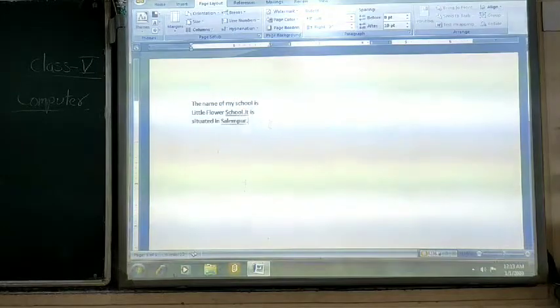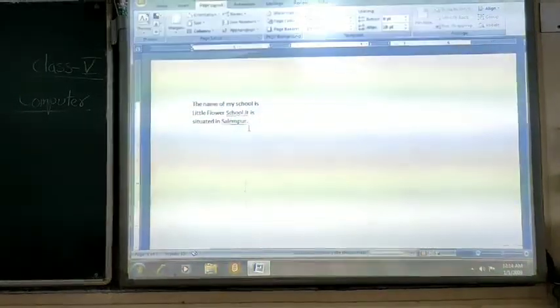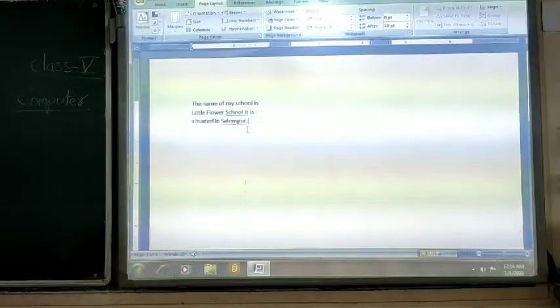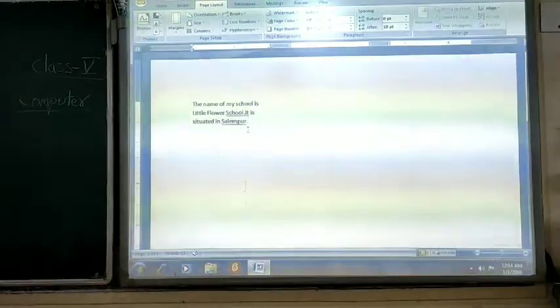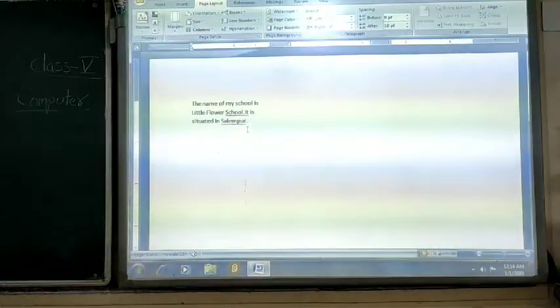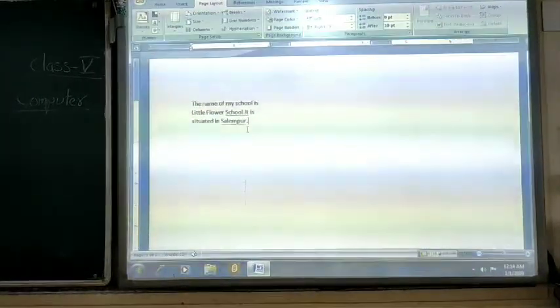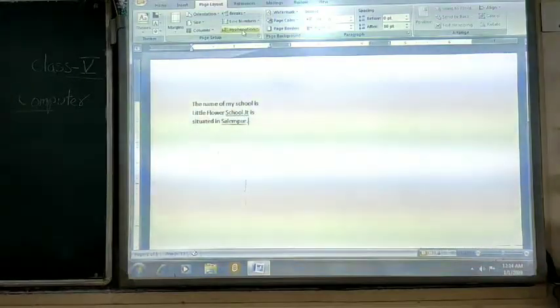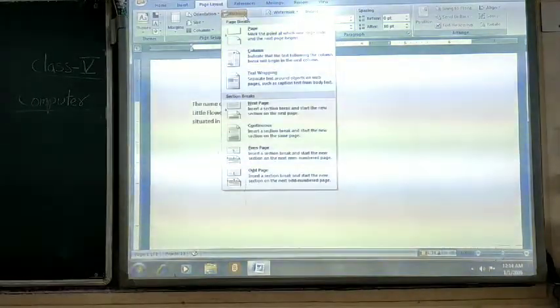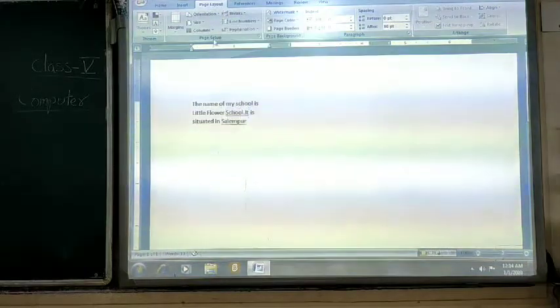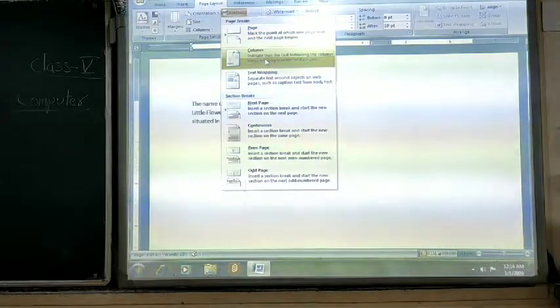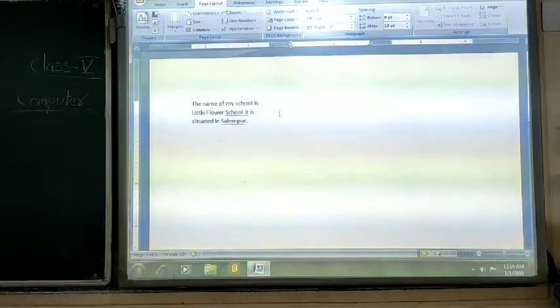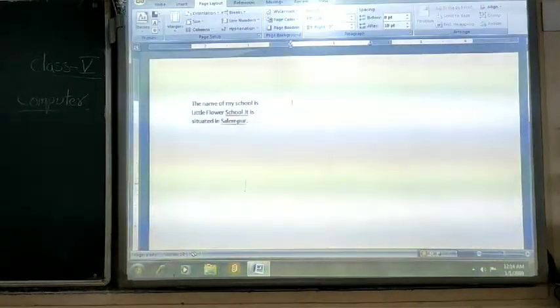Now suppose you want to break this column. If you do not insert a column break, the particular column will go throughout the whole page. So for that purpose you can use the break option in the page layout. In the page setup you can see the break option, and from there you can use the column option. You can click on the column option,